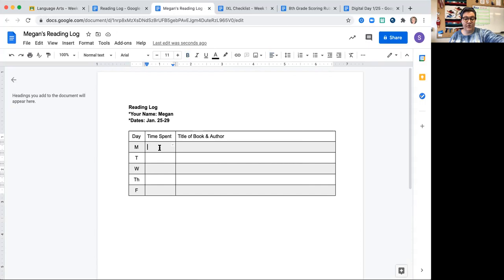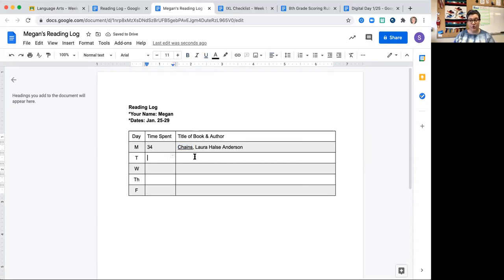I maybe read more than 20 minutes. You can always read more, but you need to read at least 20. And so I'll put Chains and then the author's name. Just typing with one hand, this is really slow, sorry guys. And then this is the book title, so I'll underline it. There we go. So that's me updating it today.